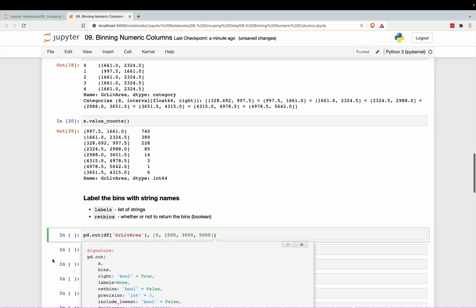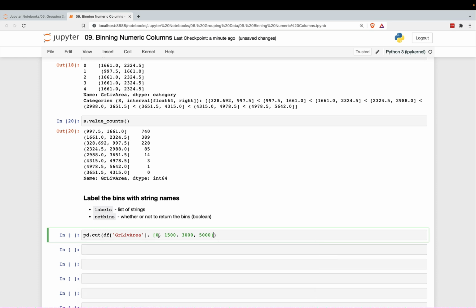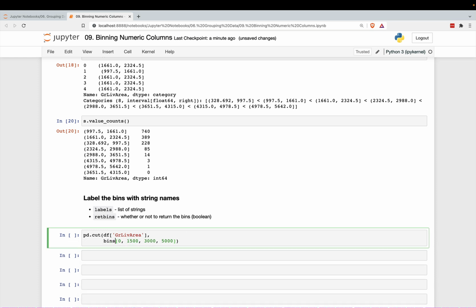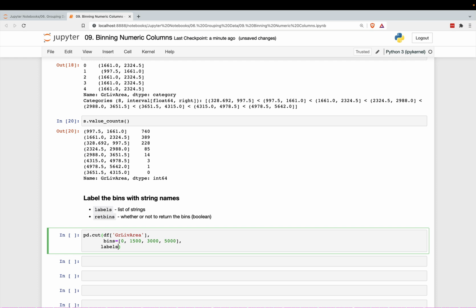If you press Shift Tab Tab, you can set the labels parameter. Put this on its own line, so bins, then labels equals. Now you can give it a string label. So I have 4 endpoints, which means I have 3 bins. So small,